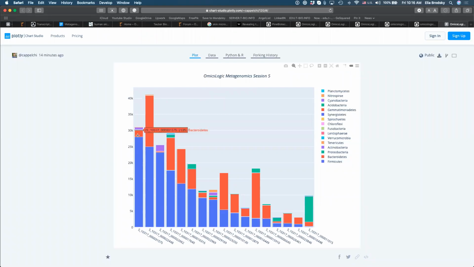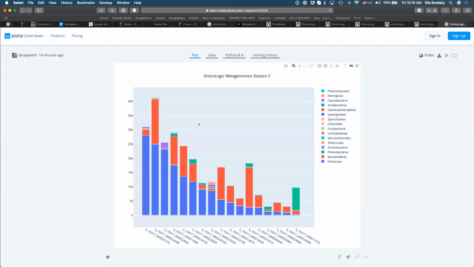I'm assuming this is for the two groups. We have the different samples here, and it's a very nice visualization. This is really good. Have you thought of what this means and what it might tell us about the different groups that we have here?